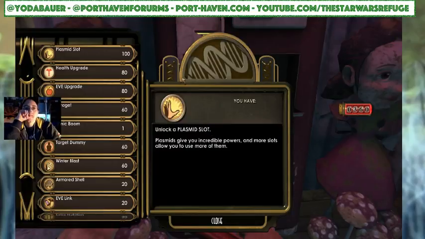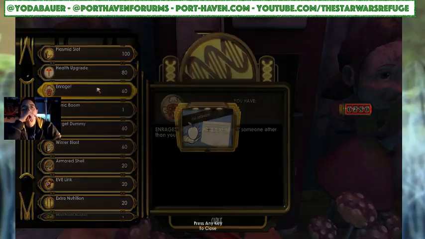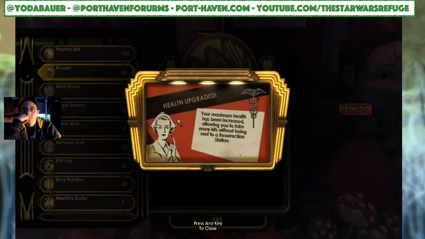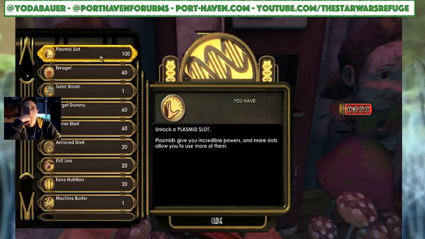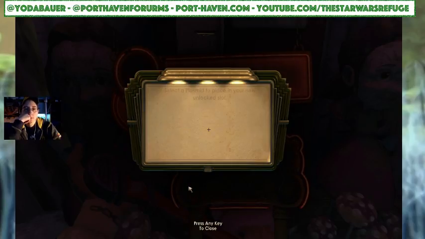Okay, thank God. I just realized I never went back and got the Eve upgrade. Well, I can do that later. It's not too late to do that. We're gonna do the health and Eve upgrade. In fact, I might even do that off. Anyway, we're gonna get another plasmid slot. So now I can put